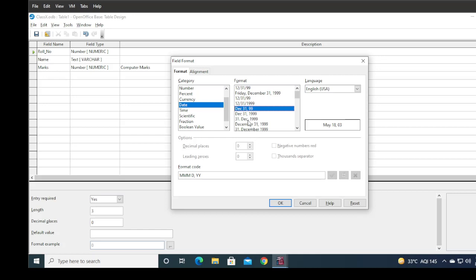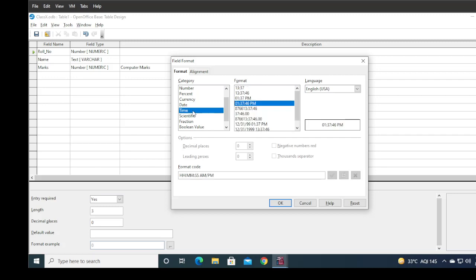If you write your date this way, first write the month. For example, the month is 08, then slash the date 05, and then the year 2021. If you want to write only 21, you can choose this one, but if you want the complete year, choose this. So this is the complete format.